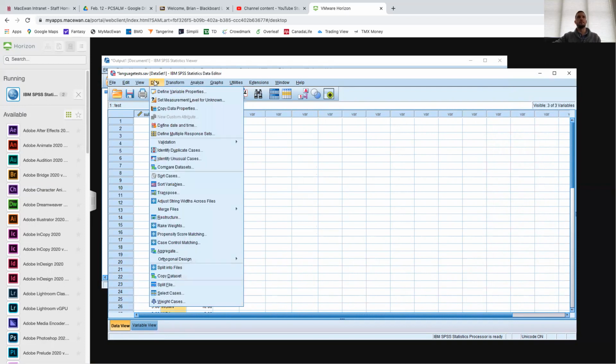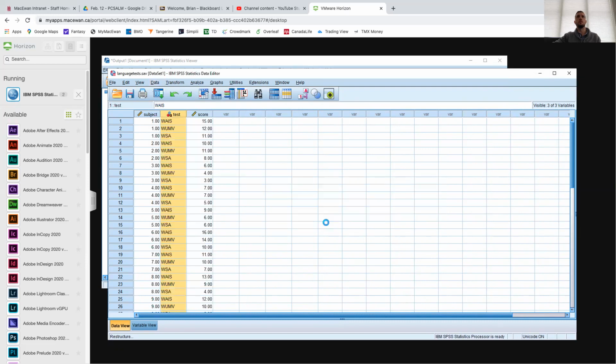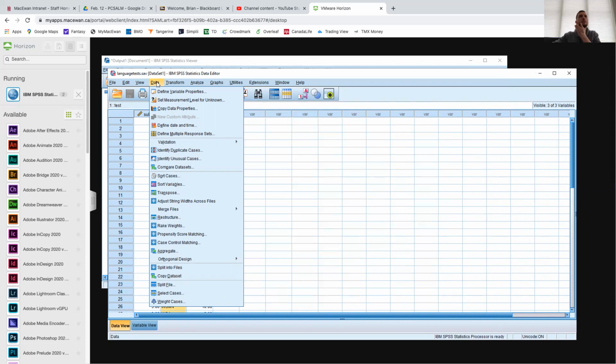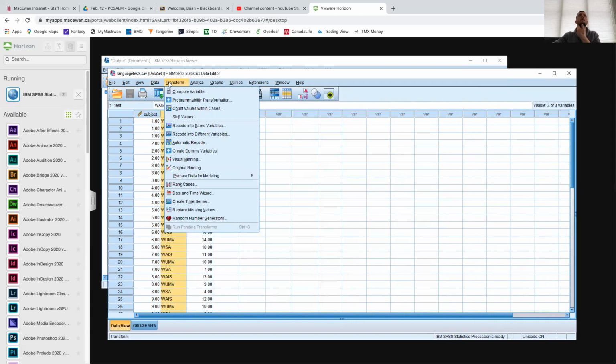So we're going to go data, and then we're going to go, is it restructure or? Sorry, one sec. I just need to check how to do this real quick. It's a recode. Should be a recode option somewhere. Recode into different variables. Okay, so let's try recode,